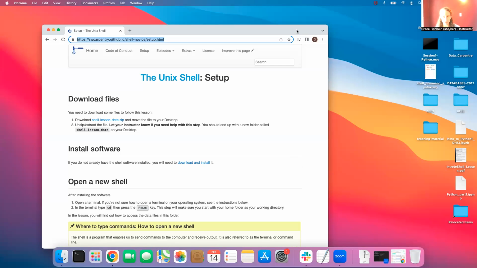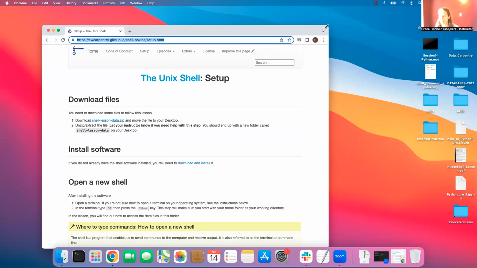I'm just going to start before we actually dive into the lesson to make sure that everybody has the setup done. There were two things required of your setup. One, making sure that you have the files downloaded. These are the files that we're going to work from today. That's on this link here. I also put this in the Slack channel previously. It's just a couple messages up, so you should see it there. And then you just need to click on this link here, download